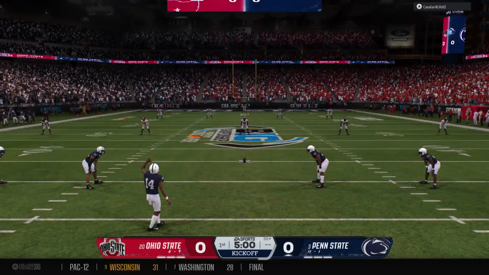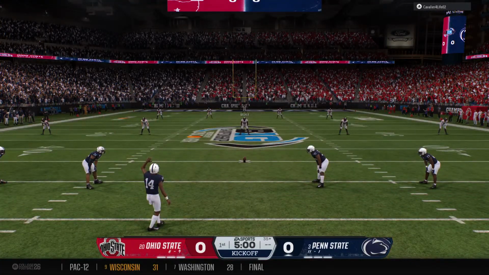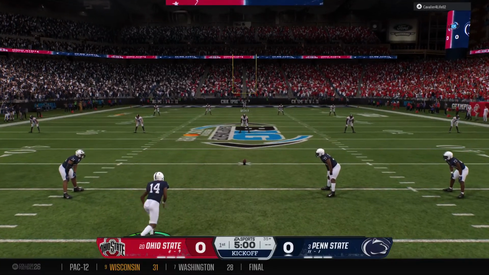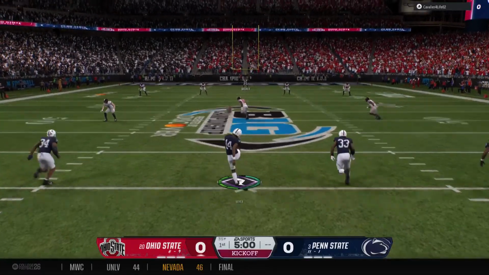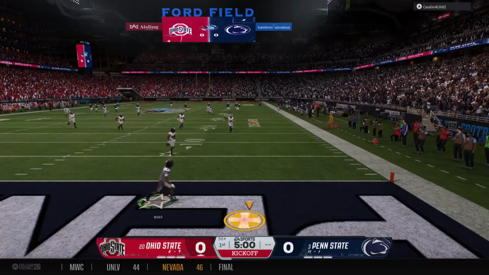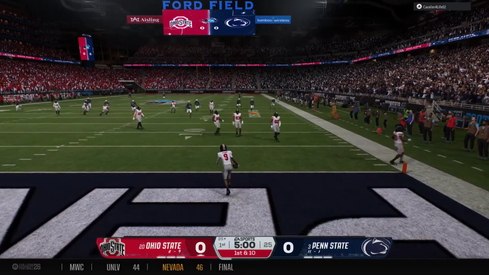The kickoff team is out there, and here we go. A conference championship on the line right now. And it comes out to the 25.